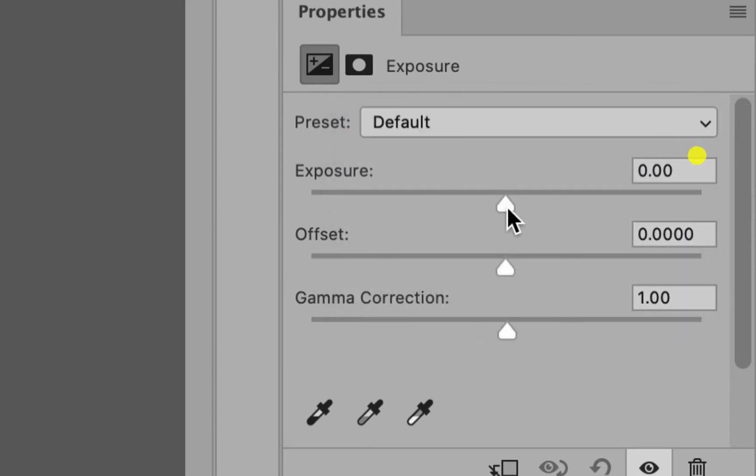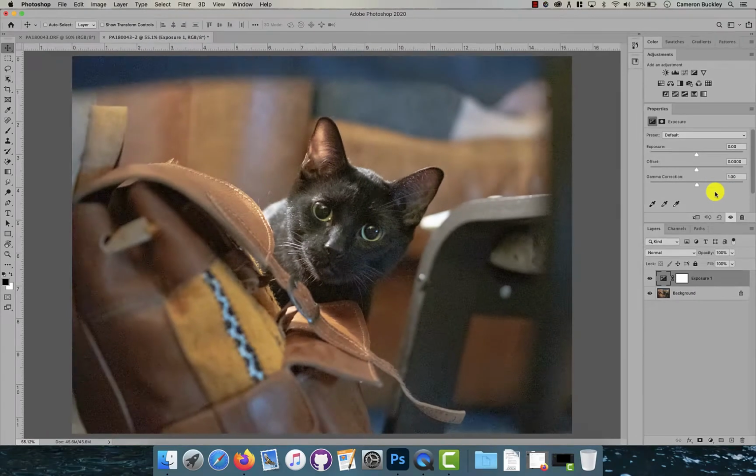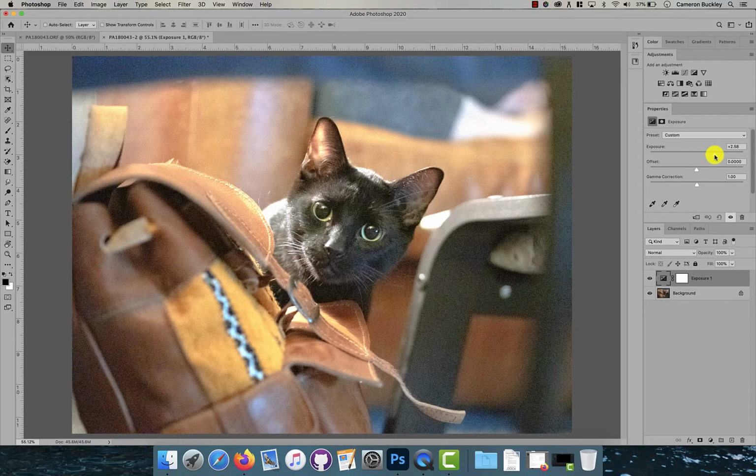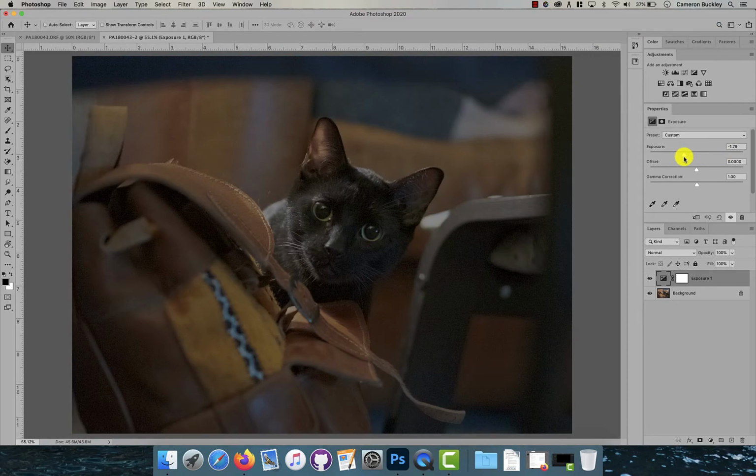This is the exposure, and I can pull this slider left and right, the offset, the gamma correction, and then actually three little eyedroppers, one for shadows, one for midtones, and one for highlights. So right now, if I grab this exposure bar and move it,